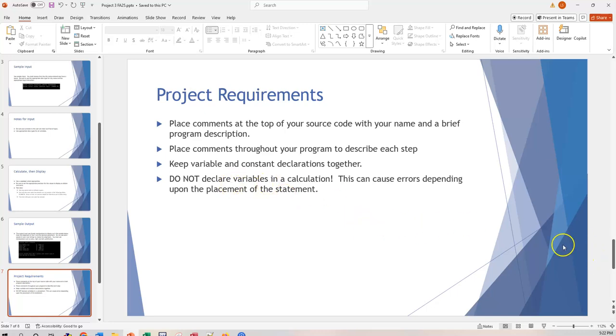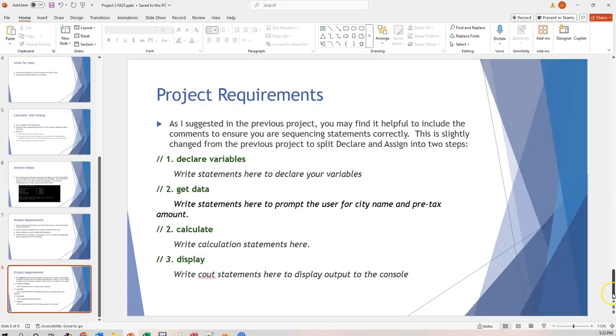So I saw a lot of that, and I'm wondering if some of that is coming from how Replit is giving you hints. It can cause errors depending on where the statements occur, so I'll show you an example of what I mean. I suggested in your previous project that you keep